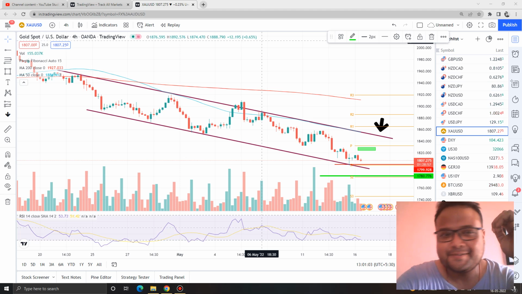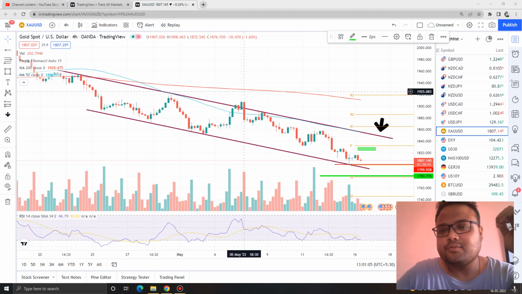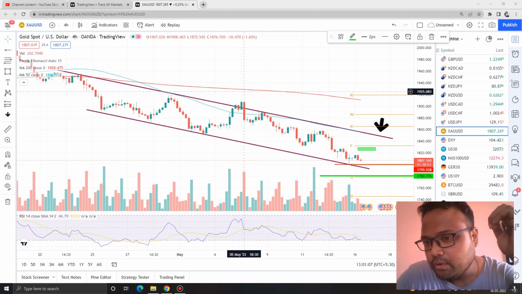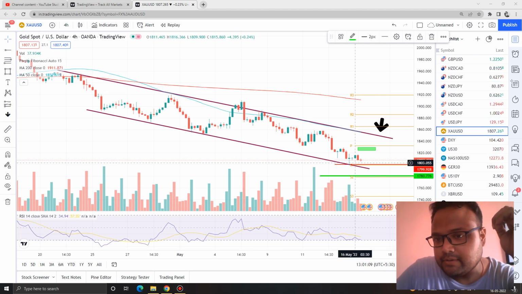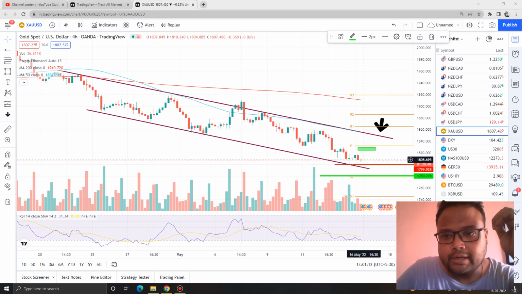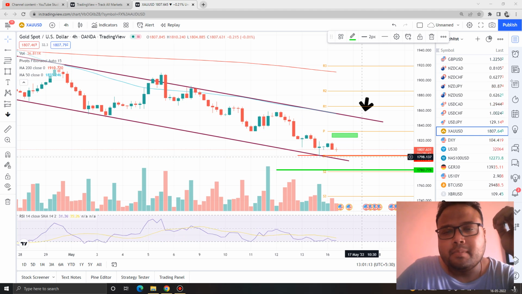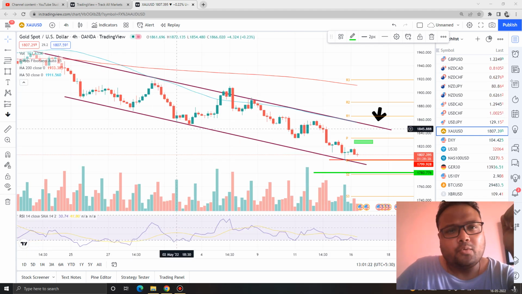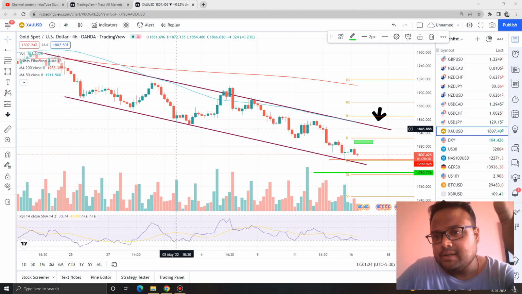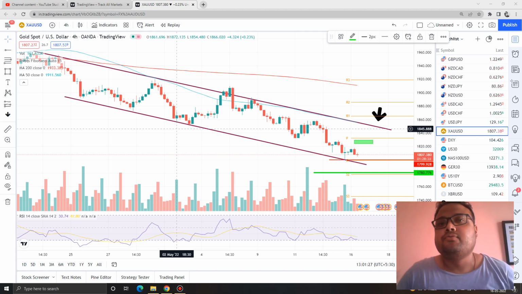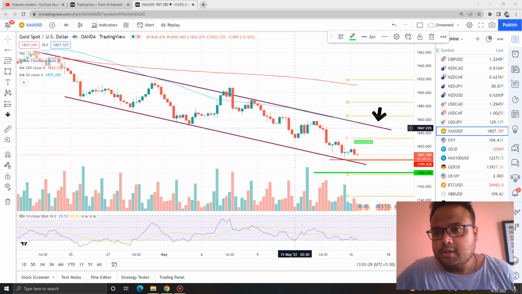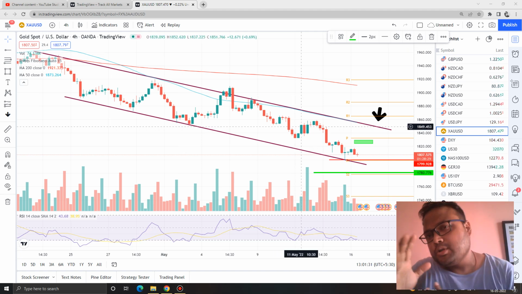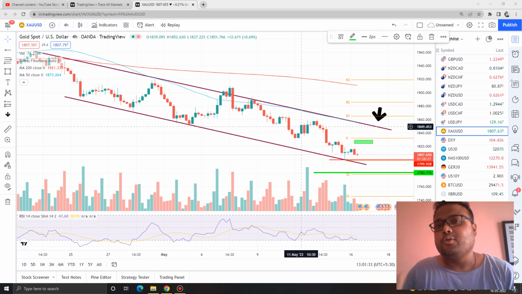So let's get started. It is a 4-hour chart of gold USD in front of us, and right now gold is trading at 1807. This is the current market price of gold here, and as we all know, Monday mornings are usually dull, usually stagnant, and we can see a stagnant market right now. We have some levels, but right now we do not see much volatility in the market. If you have any ongoing position right now, you can continue with it.